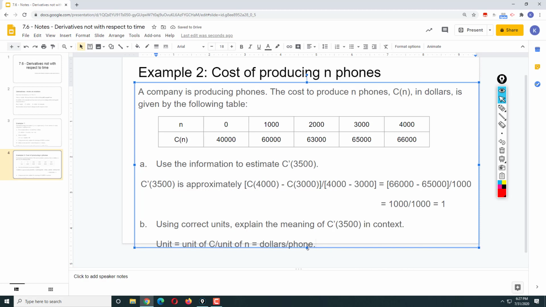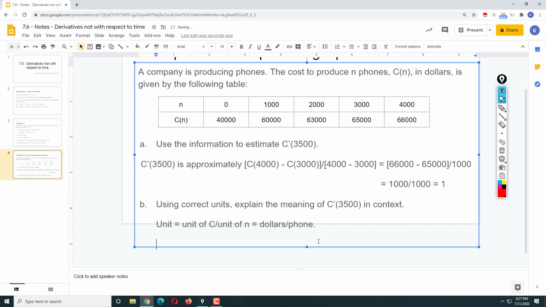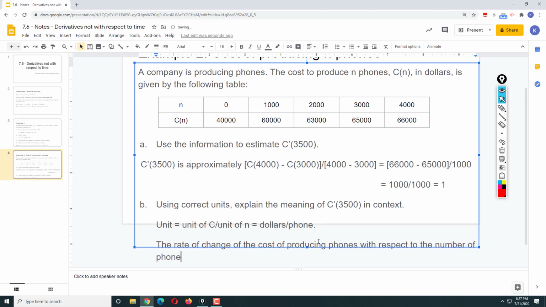So what we're really saying here, using our sentence starter, is the rate of change of C, the cost of producing phones, with respect to the number of phones is equal to $1 per phone when we have produced 3,500 phones. So when we have already produced 3,500 phones, to produce one more phone, it only costs us